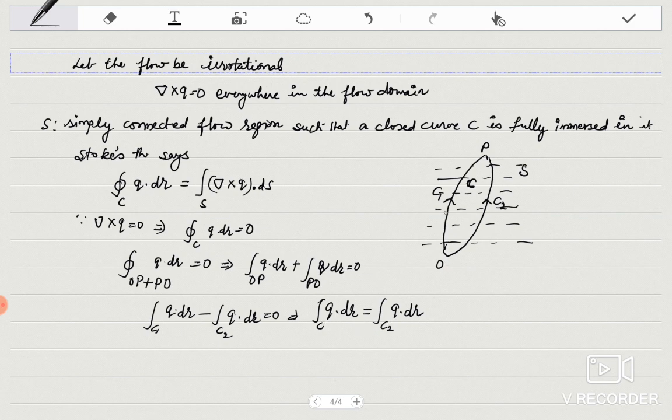That is, when you move from O to P, either through C1 or through C2, this has the same value. It implies that